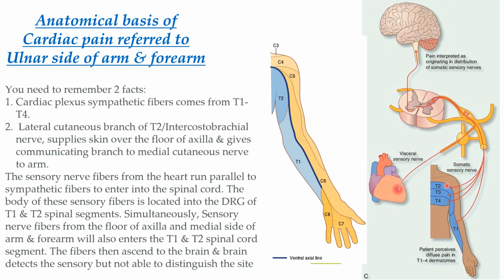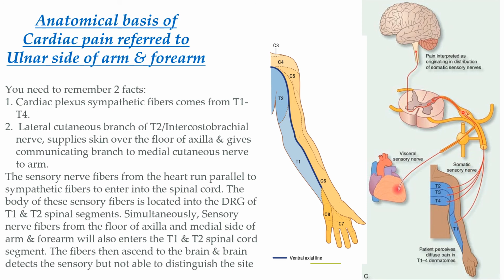Simultaneously, sensory fibers also come from the floor of the axilla, and the medial side of the arm and forearm, to enter the spinal cord, the cell bodies of which are again located in the dorsal root ganglion of the first and second thoracic spinal segments. Now, the central processes of both these sensory neurons, carrying the sensation from the heart and from the medial side of the arm and forearm,